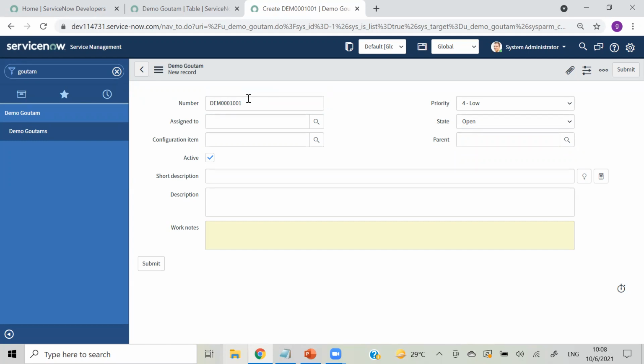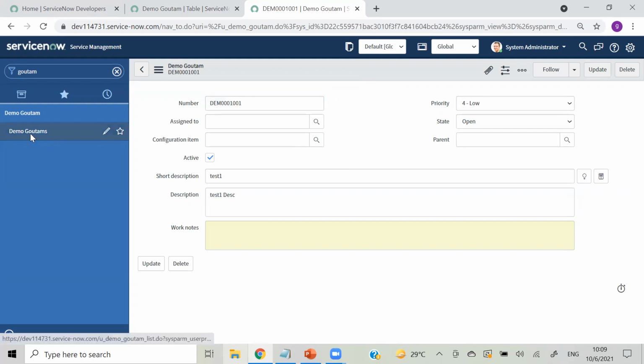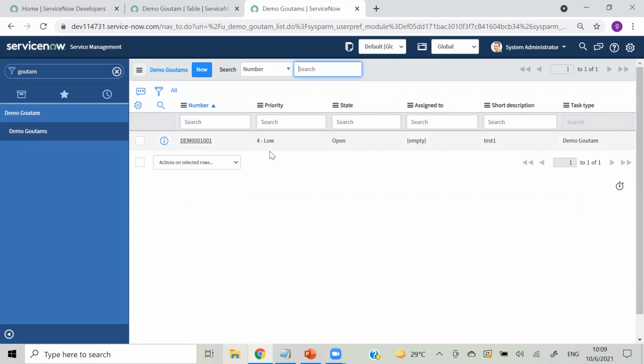So it is a total of 7 digits, with DEM as prefix, and all these fields are related to our task table. I'm creating a ticket now. Task 1 description. I'm saving that ticket. So this record got created.